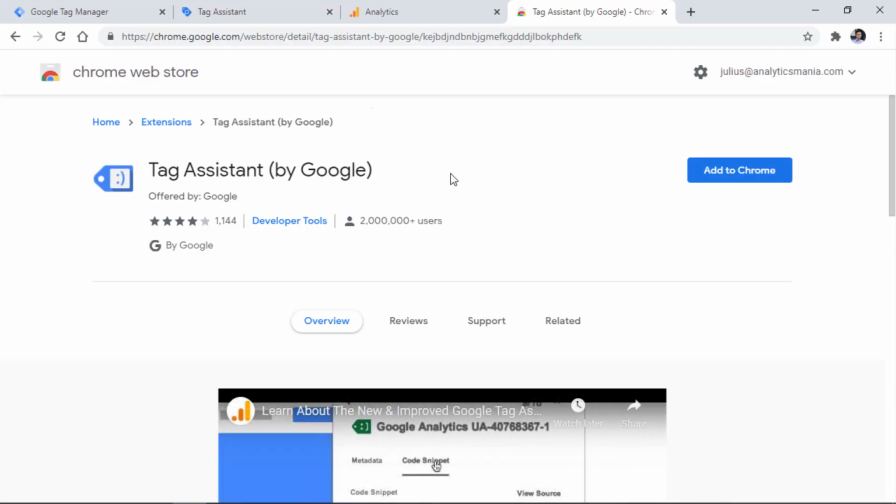The team behind Google Tag Manager has released a completely new version of the preview and debug mode, which is now known as Tag Assistant. And for some of you, this might be confusing because there is also a Chrome extension called Tag Assistant. But which one is which? Are they connected? In this video, I will walk you through the feature set of the new Google Tag Manager